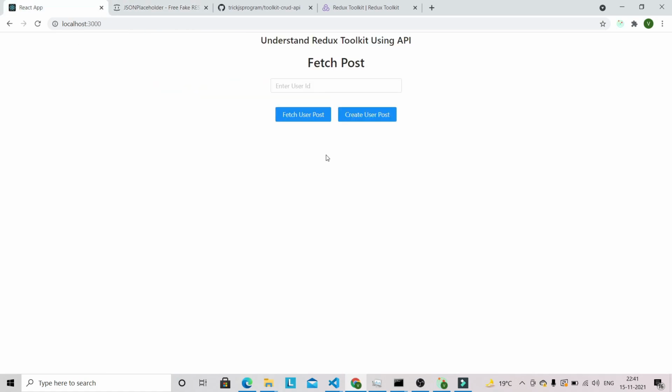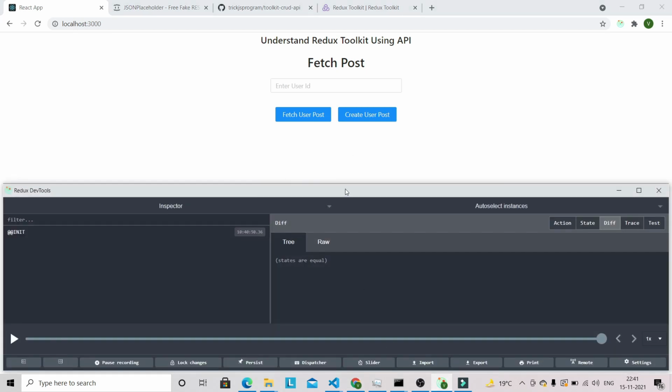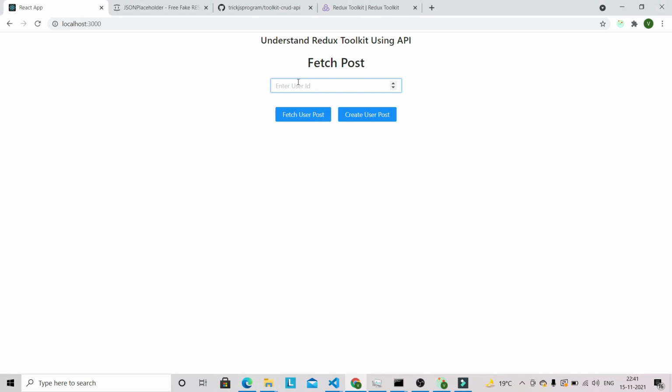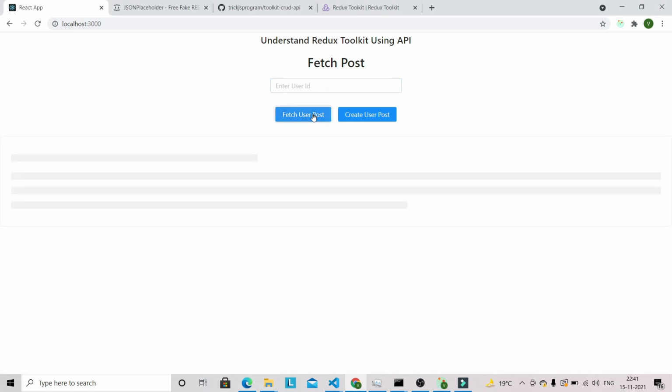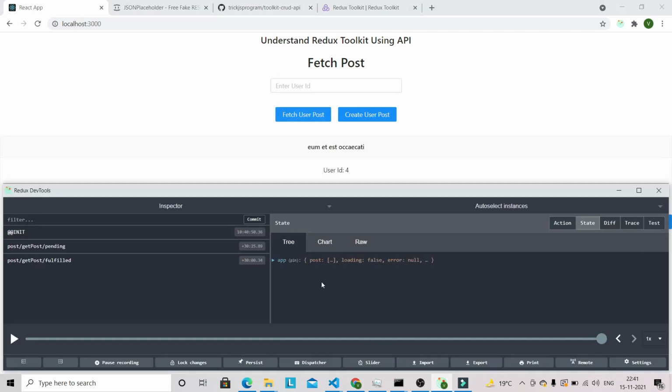So guys, we have performed all CRUD operations with Redux Toolkit, and you can see the state as well. As of now the state is empty because we don't have any data, and if you fetch some data, you can see that we have got this data. We have this action type and this state value: post, loading false, error, edit and body.